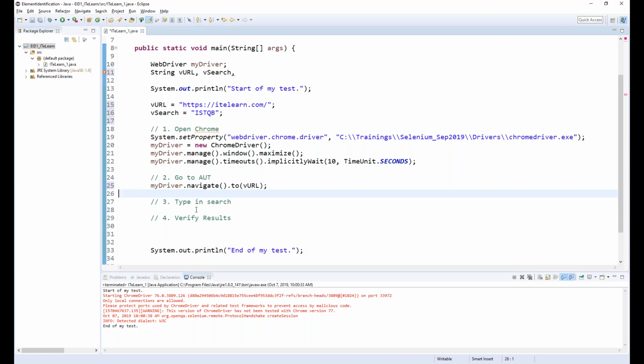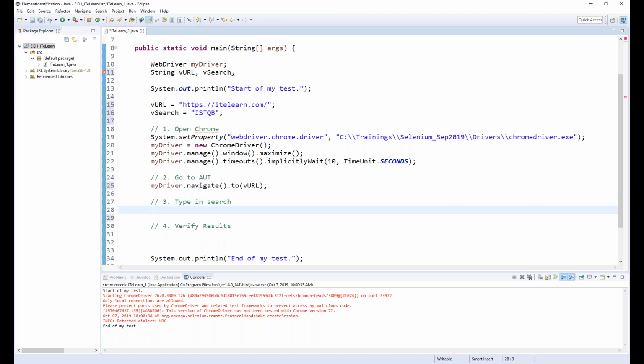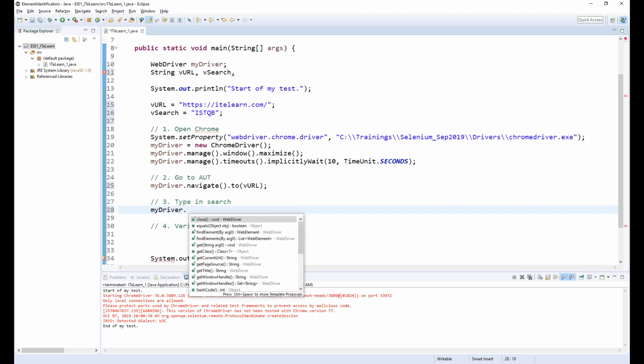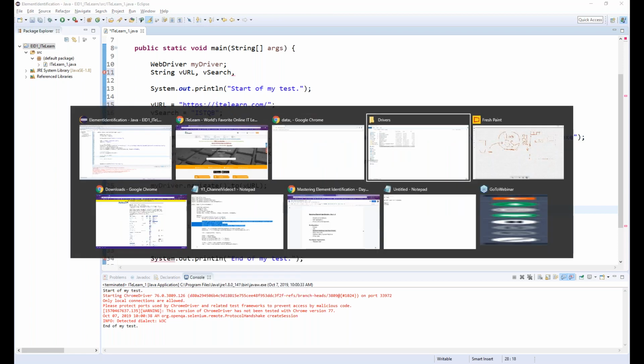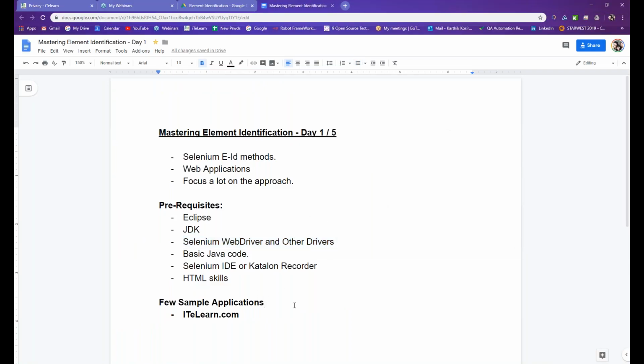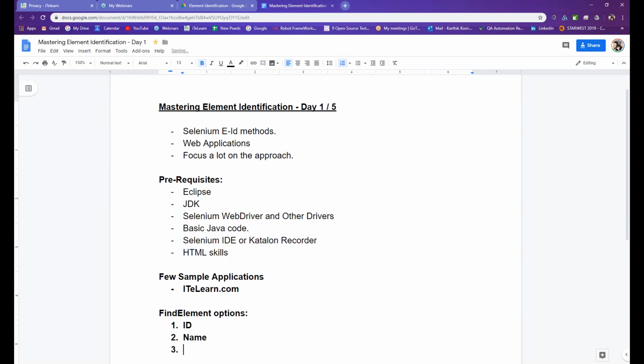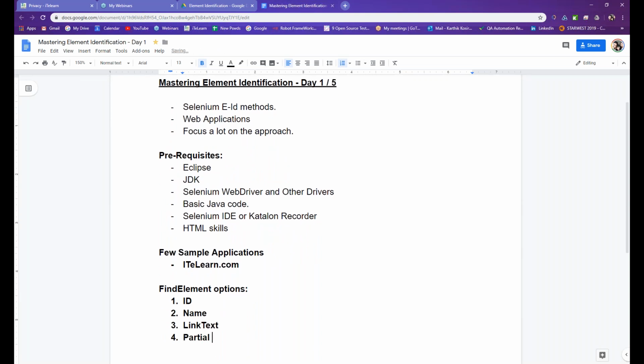So what is the next task that I want to do, team? Type in search. So here is where our finding an element and then doing something on it comes in, team. Your find element will focus on different methods. Let's say, what are the different options you can use? First and foremost, team, you'll notice things like ID, name, then there is link text, partial link text,